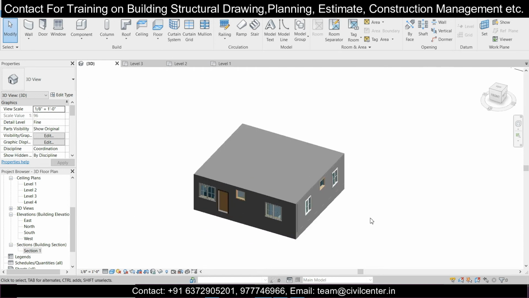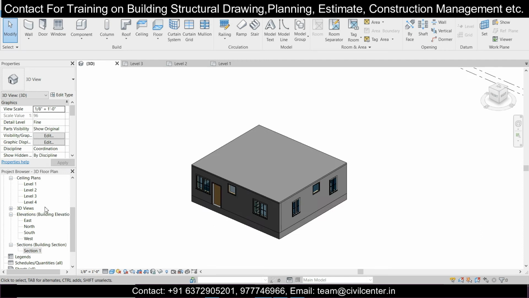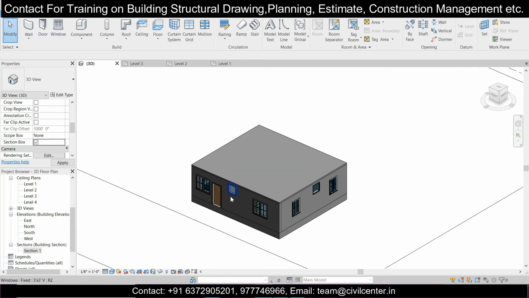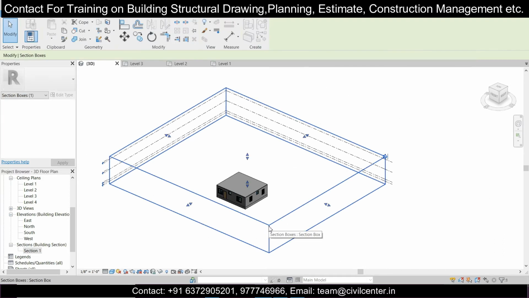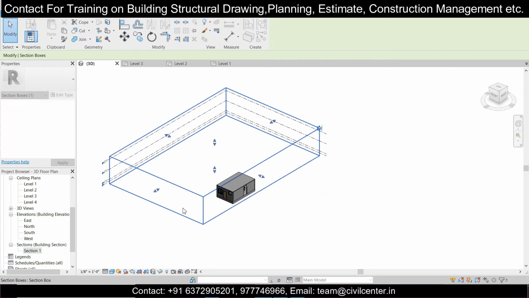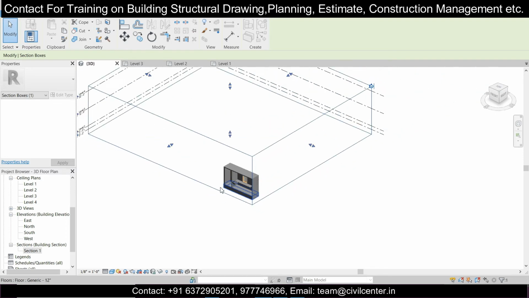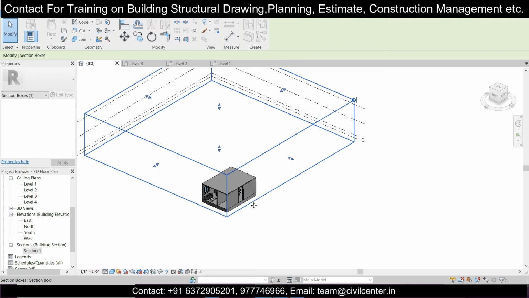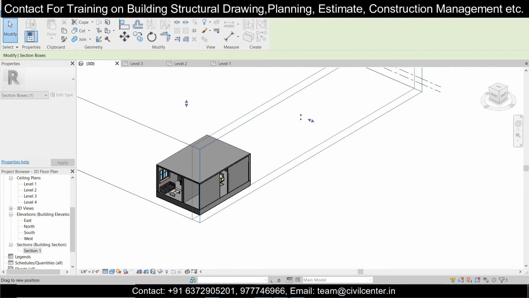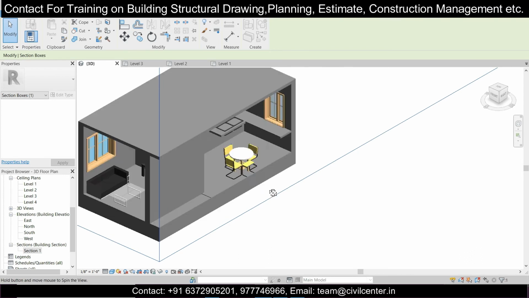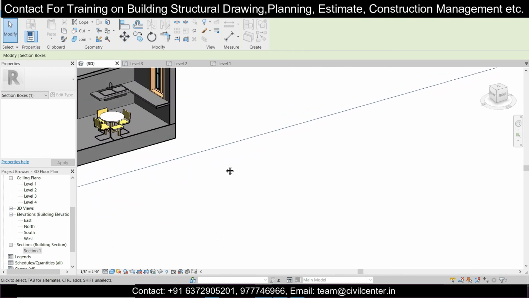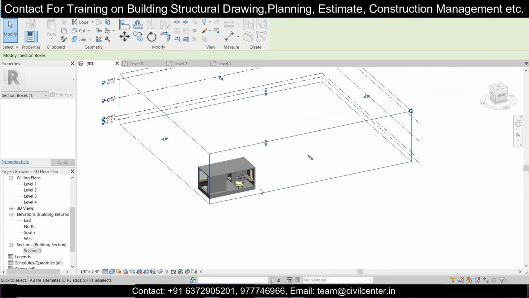We have another interesting option here, the section view. I'll just show you that within some time. In these properties here, as you can see, we have various properties. We have the option of Section Box here, and as you can see, a box appears, and you can just change this using these arrows. You can make the sections, cut out the sections out of it. As you can see, you can cut out the sections and view your rooms as such. Here, you can just view any section of the particular room using this option.